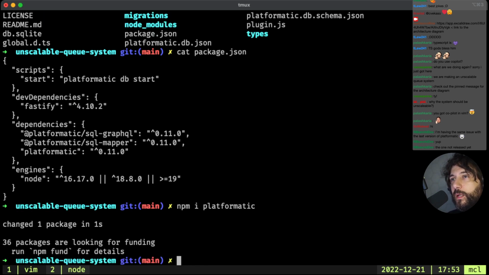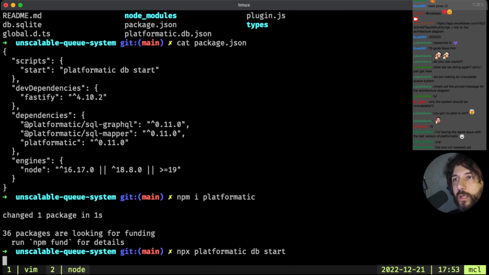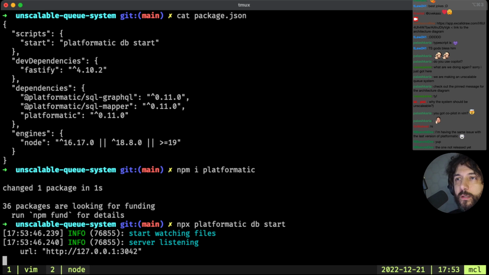Let's use the local one, and then npx platformatic db start, and this should start. Okay. Then I'll need to go and fix that, Rob, before we release. I hope to release tomorrow, but we'll see.